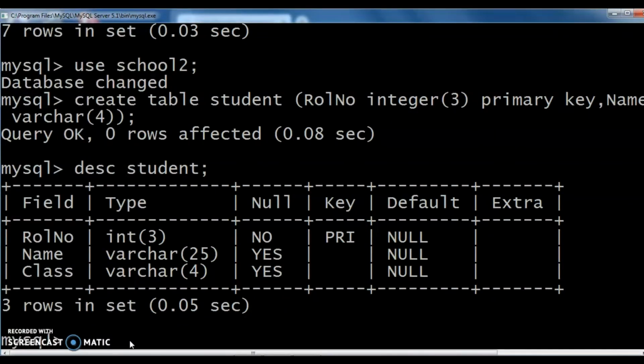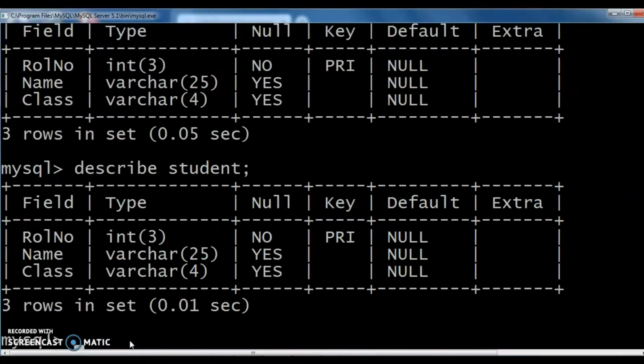These all things we can identify from this DESC, describing a table. Describe also we can use for the same purpose. Describe student. Check this one. Clear?